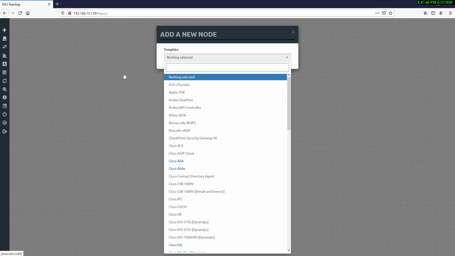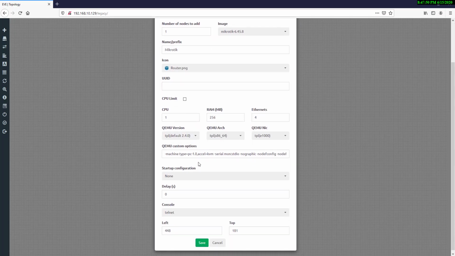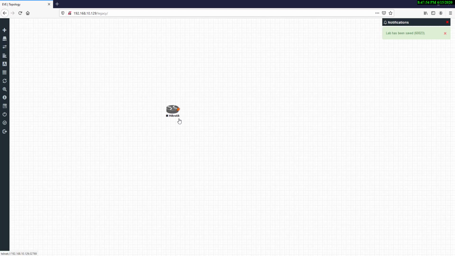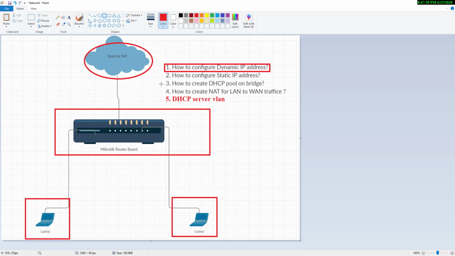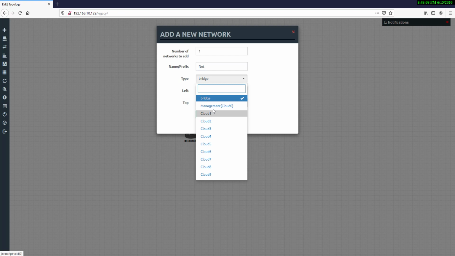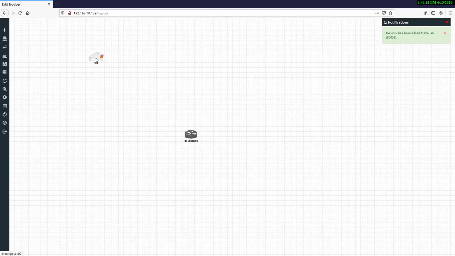I'm going to take a MikroTik here, and we'll keep one MikroTik. We will follow this diagram completely. So what we have to do, I'm going into our lab, and here I have to get the internet management cloud, and click okay.